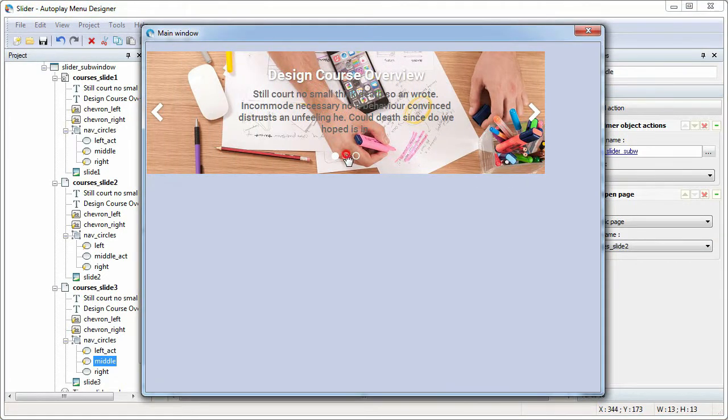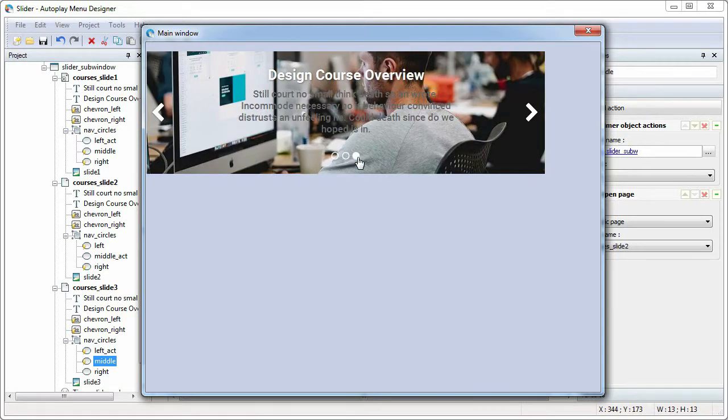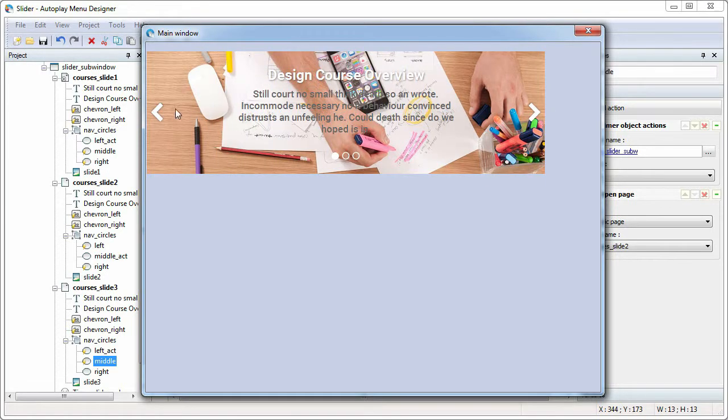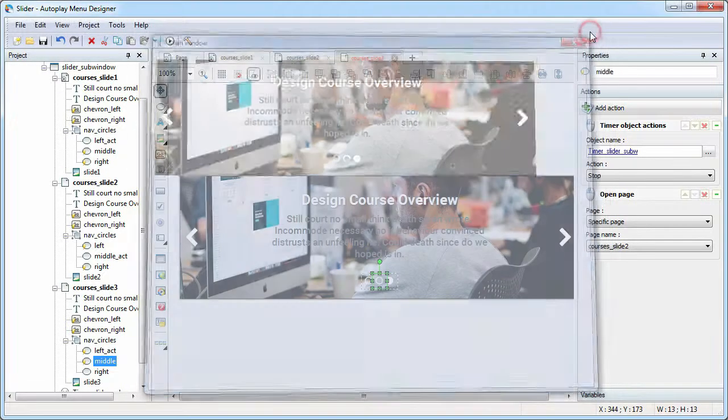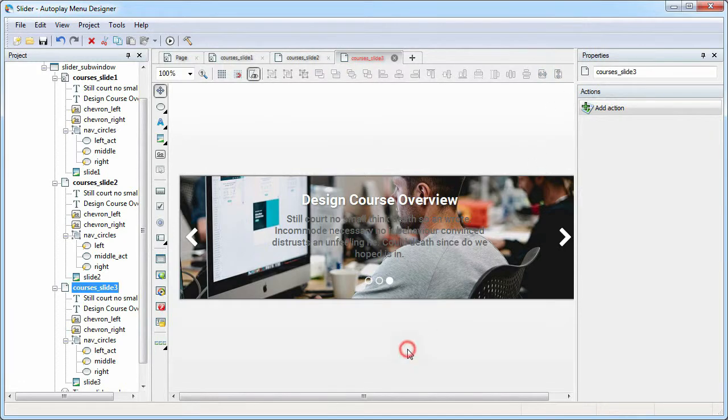As we can see, this way is easier to understand, but it will require more changes in case you need to change the design of buttons or text, for example.